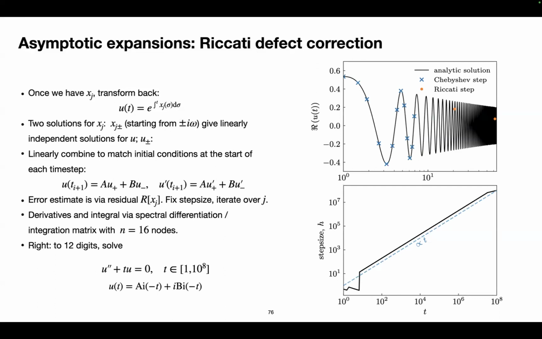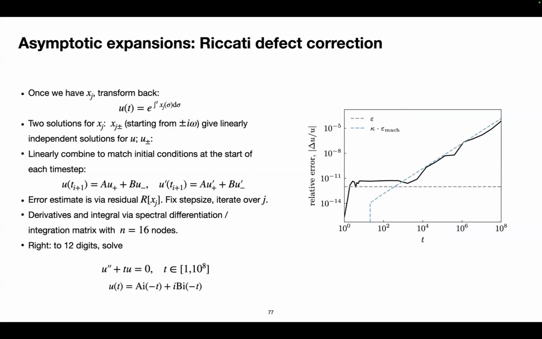So this is the ODE that I've shown you earlier. It takes this form: u double prime plus t times u equals 0. This is called the Airy equation. And I'm going to solve that over a very large interval, t goes from 1 to 10 to the 8. And you might see that the frequency, which goes as the square root of time, just increases over time. In the first plot, the top plot, I'm showing you the time steps that I've shown you before. And then below is how the step size increases as a function of time. And it actually increases, so the method just sort of gets faster.